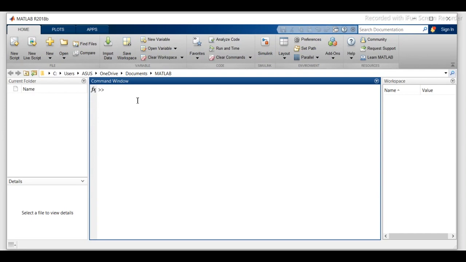When MATLAB is started for the first time, the screen looks like what you are seeing on my screen. The illustration also shows the default configuration of the MATLAB desktop. You can customize the arrangement of tools and documents to suit your needs, such as here.